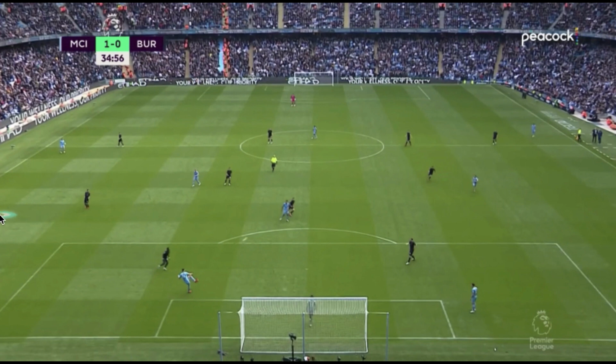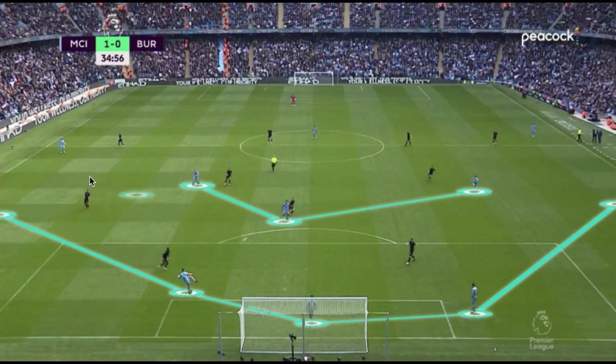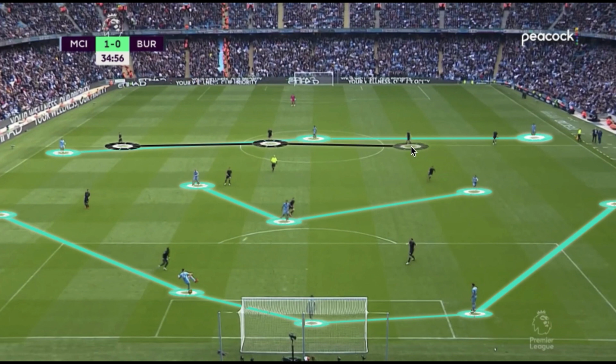So Manchester City built from the back in the initial phase of their build-up with a four-man build-up and a clear back four with their two central defenders being split by their goalkeeper. Then in the midfield three, we started with three central midfielders and a single pivot, and then the front three pinning the back four. So from here, Burnley tried to deal with this threat in a 4-4-2 as they usually do throughout the season,